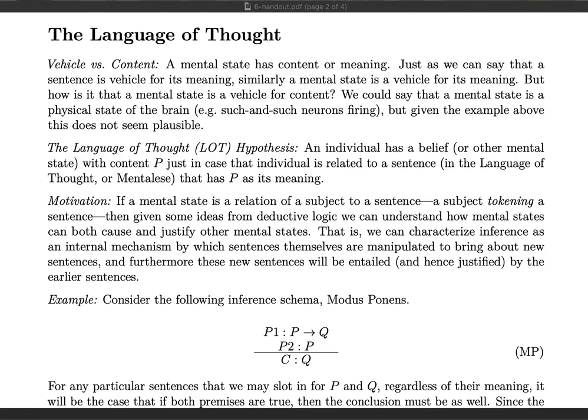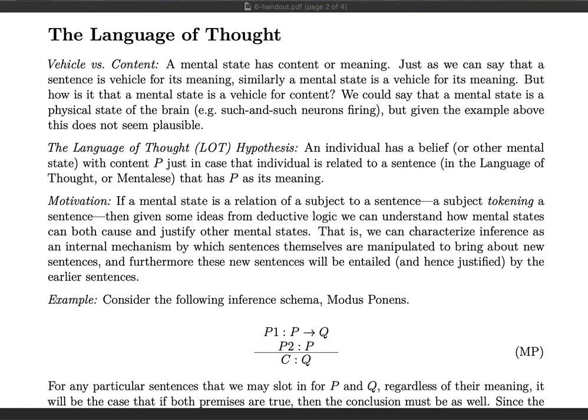So instead of, for instance, Japanese, a natural language, there's also the language of mentalese, which is the mental language, or the language of human thought. And this language of human thought is very similar to natural language in that it has names and predicates and sentences. And furthermore, according to the LOT hypothesis, what it means to have a belief with a certain content is for you to be related to a sentence in your language of thought, which itself has the content P,